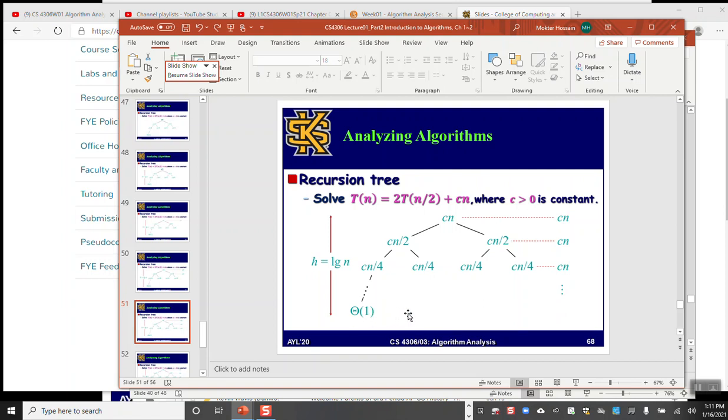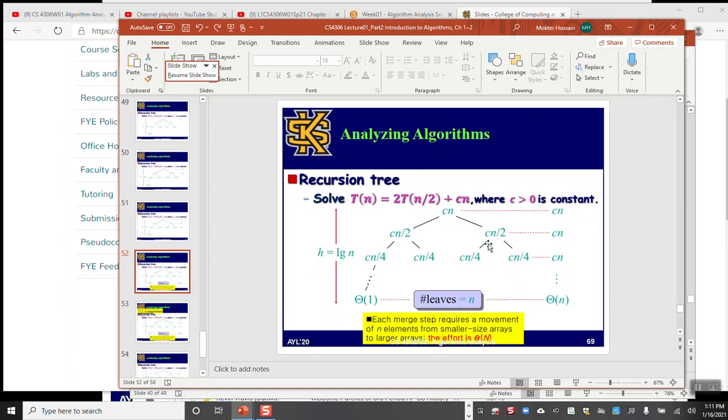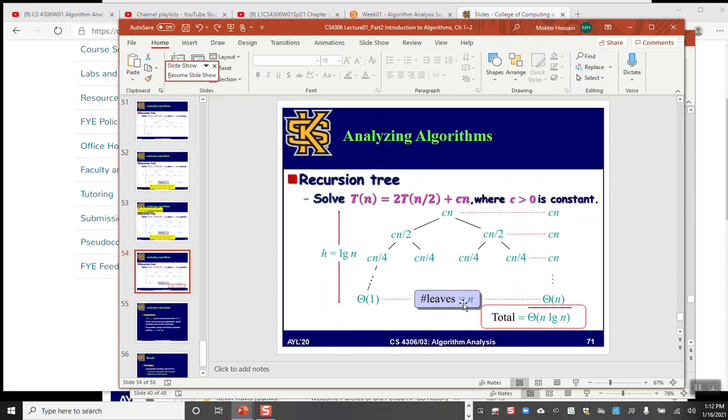So it will have n split, or single element lists, right? So the total will again be cn, a constant number. So these are the leaf parts. As we saw, when we reach the leaf, then we start merging, right? So now the total will be, if we add up,